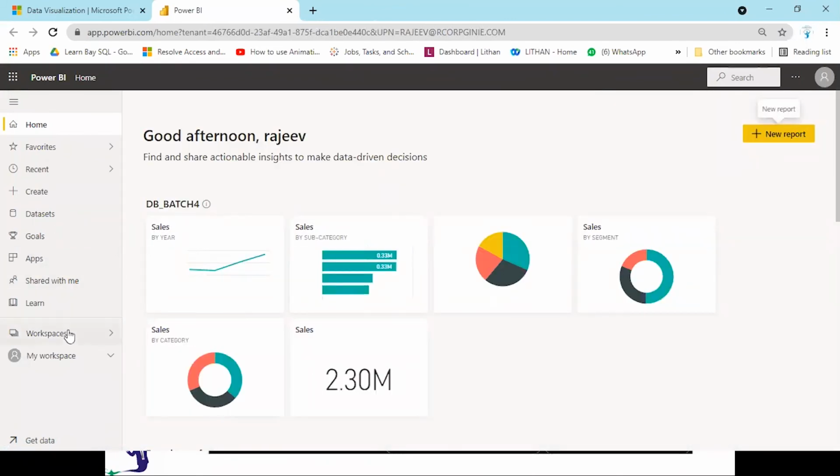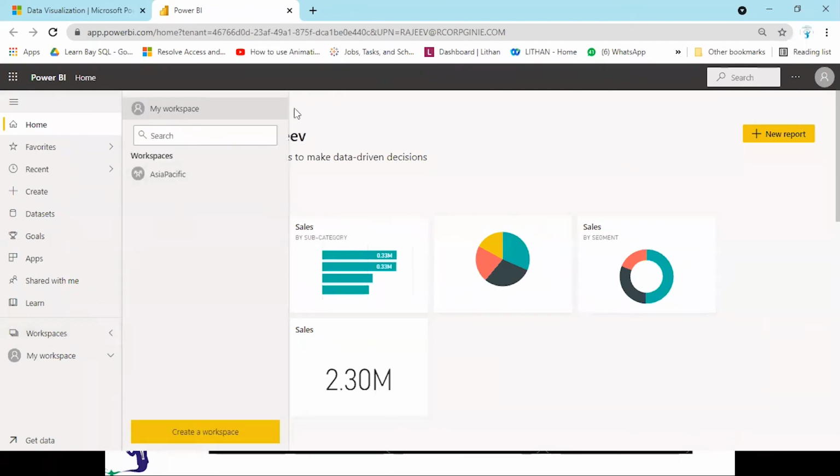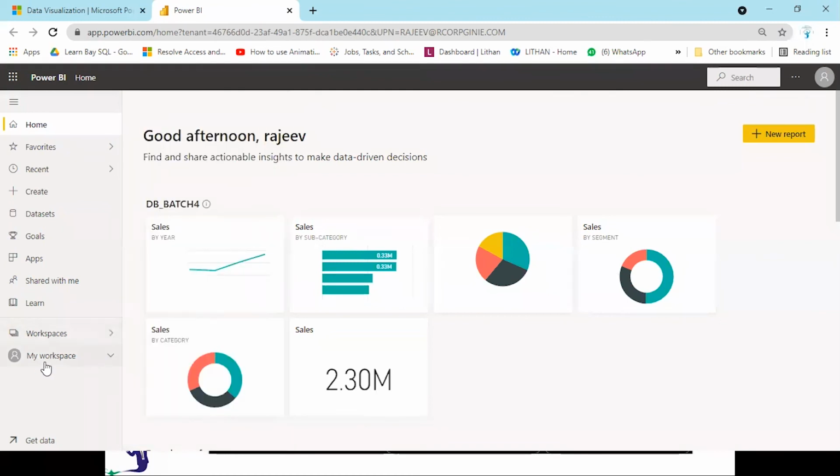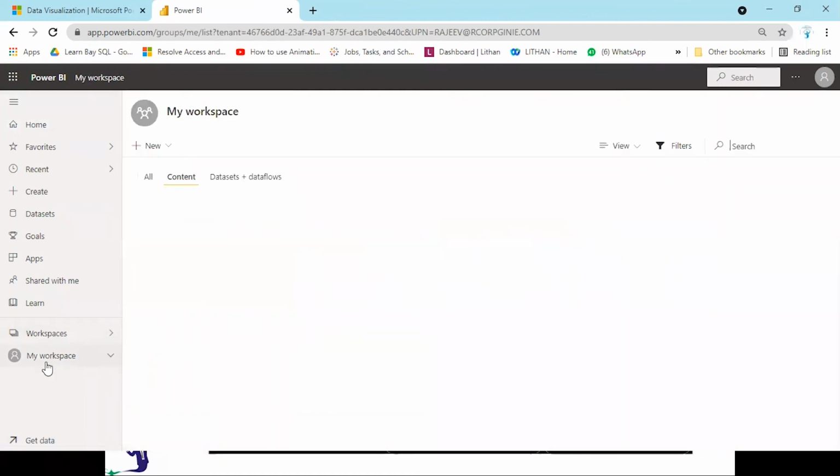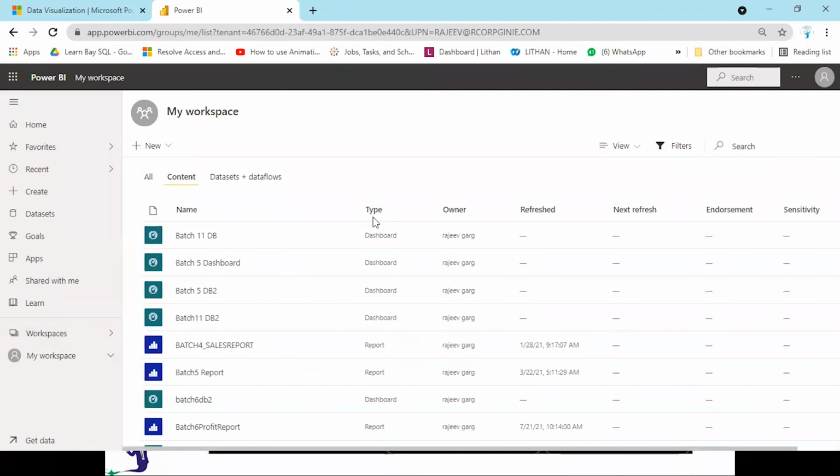Here you can go to the workspace. You see home, favorites, recents, right? And you have a workspace. You can go to the workspace and just click on My Workspace. And to see the reports, just click on refreshed.